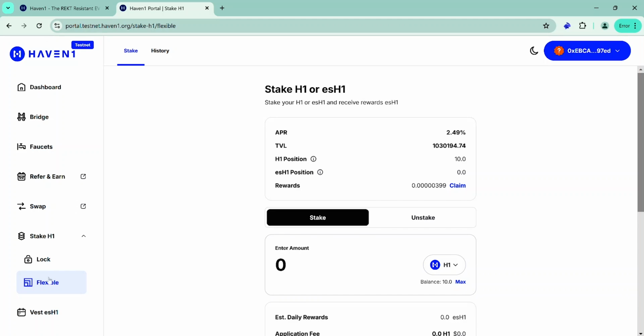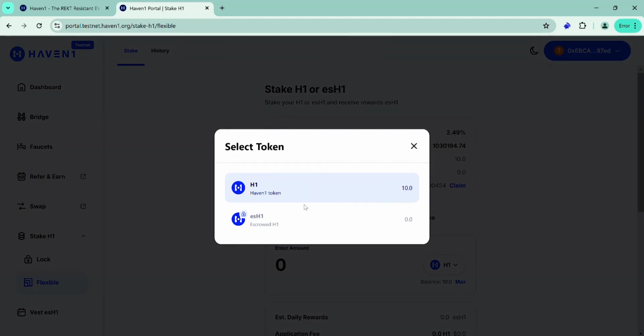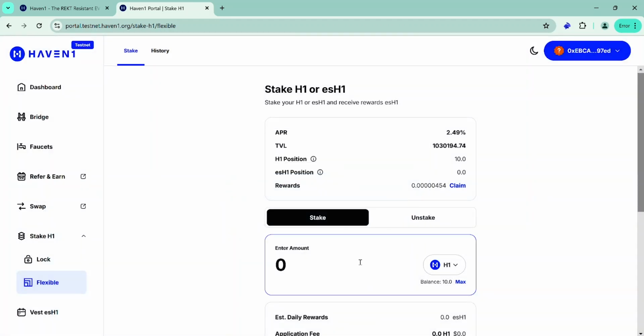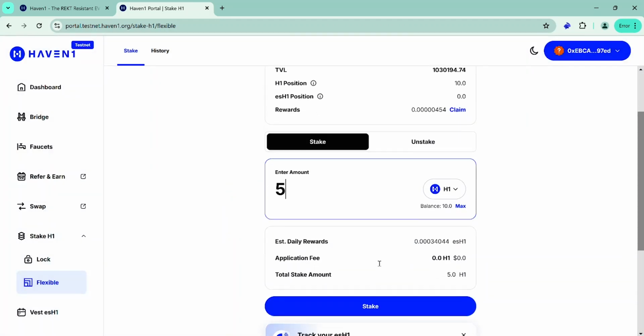So for flexible staking, click flexible. You can stake H1 or ESH1. If you haven't staked before, you won't have any ESH1 because you only earn ESH1 by staking your H1. So on the drop down, you can select H1 or the ESH1. In this case, I only have H1, so I can select to stake 5 of my H1 tokens, and I